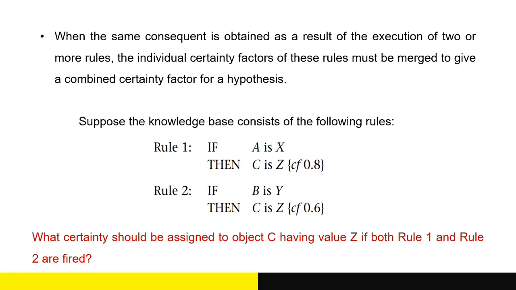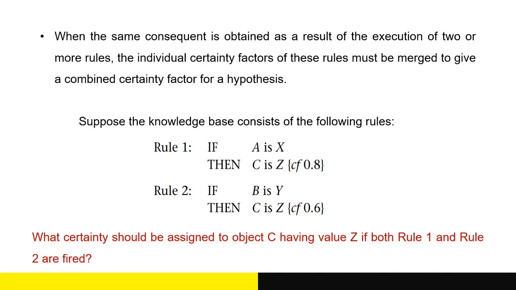So sometimes, two or even more rules can affect the same hypothesis. So how does an expert system cope with such a situation? If we have two pieces of evidence, A is X and B is Y, from different sources, Rule 1 and Rule 2 supporting the same hypothesis, C is Z, then the confidence in this hypothesis should increase and become stronger than if only one piece of evidence had been obtained. So, ang ibig mong sabihin nito is, if i-combine po natin yung dalawang hypothesis, then it should increase and